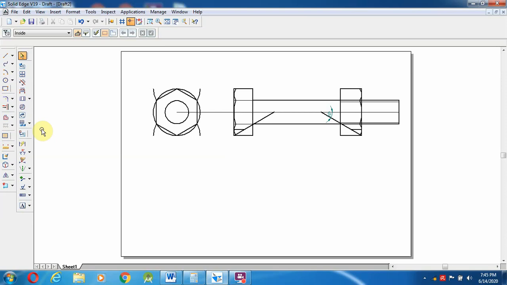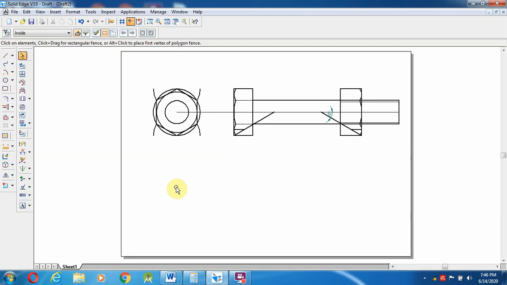So once we have created this, how does it become here. So go over here, circle, select the midpoint, and you can draw one more circle over here. So now this area is called the chamfer area. In this way you have to draw the front and side view of the hexagonal bolt and nut.